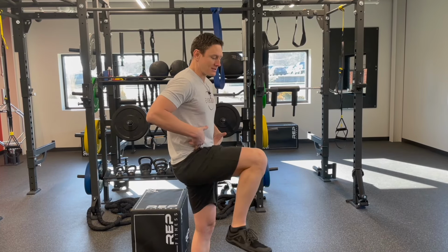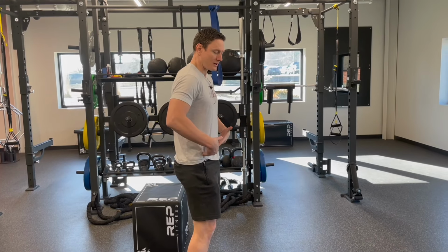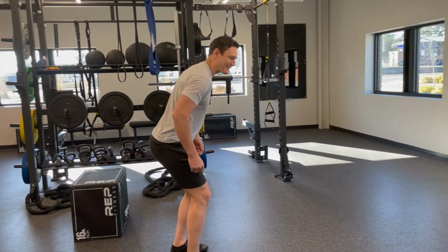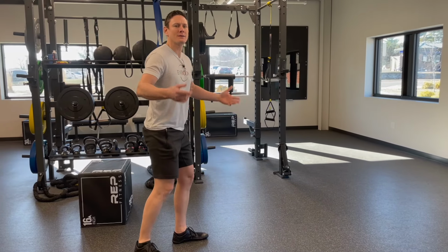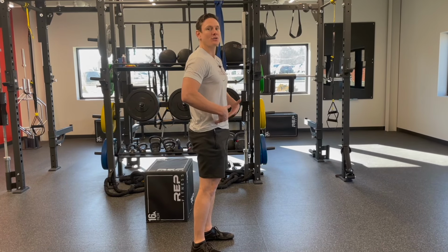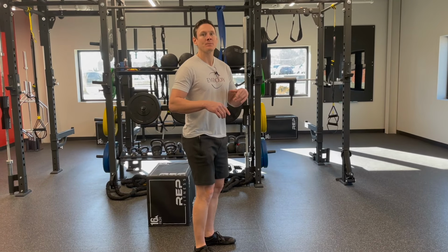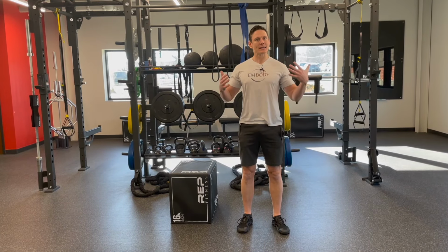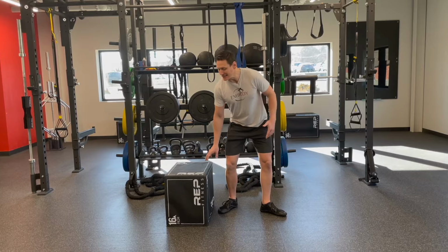Our hip flexors are meant to do this here. When they're short, they pull us forward like this. So sometimes you see old people walking around like that. We don't want that. We want to try to be proactive and not have that. So we want to get upright through our hip flexors and stay upright. So the best stretch that I have found for the hip flexors to get you more upright is you can